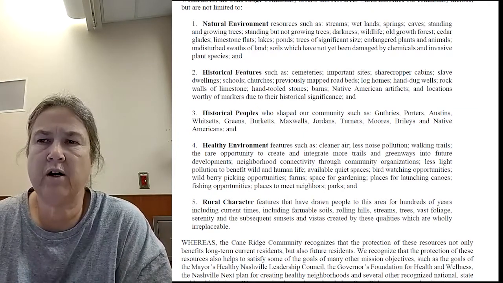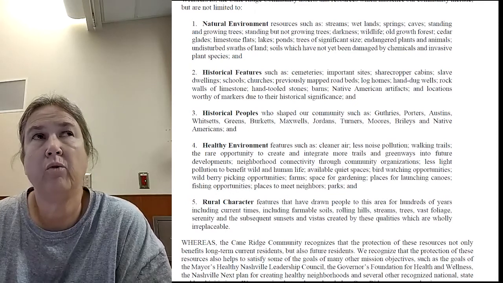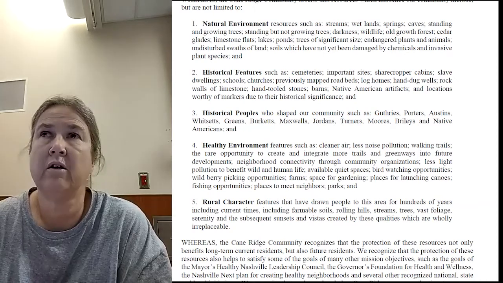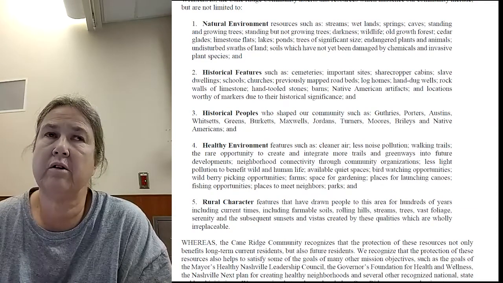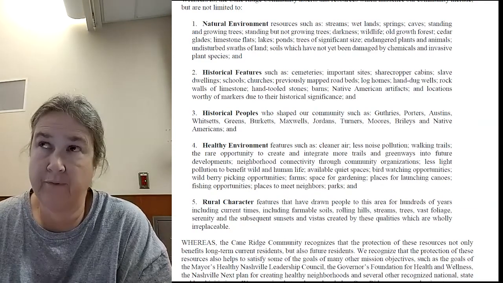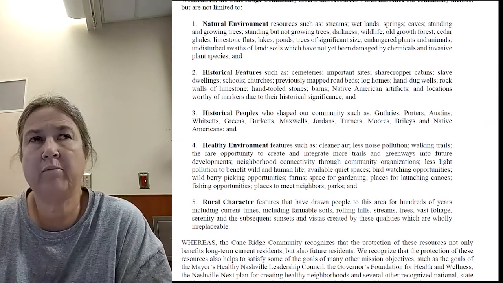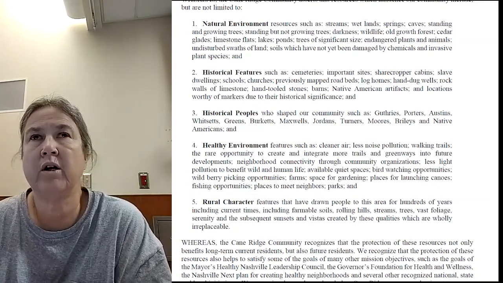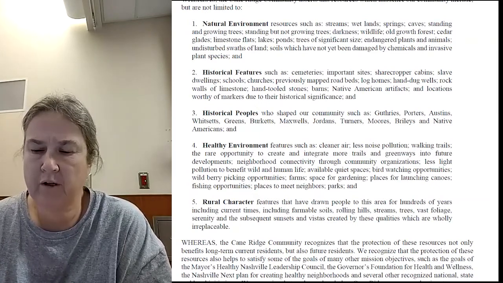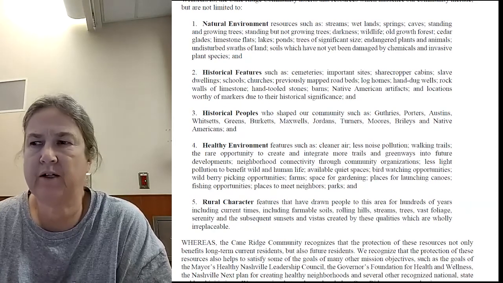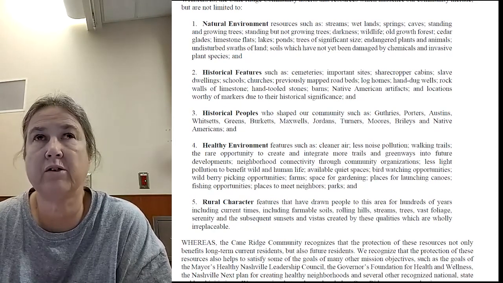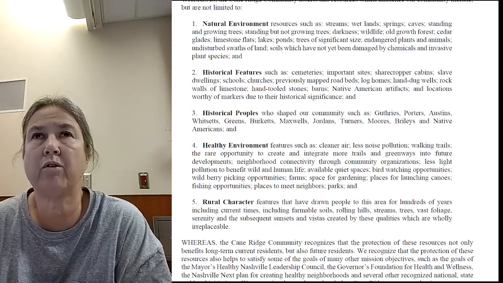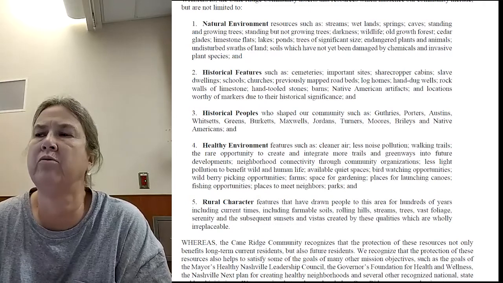Historical features: we have found we're now over 30 cemeteries that are not listed on the Davidson County cemetery survey. We were able to find them through a map from 1871 that was done by Foster. You can look at the Davidson County map from 1871 by Foster, and you'll find this. And that map was so accurate that we were able to walk through the woods and locate the old home sites.